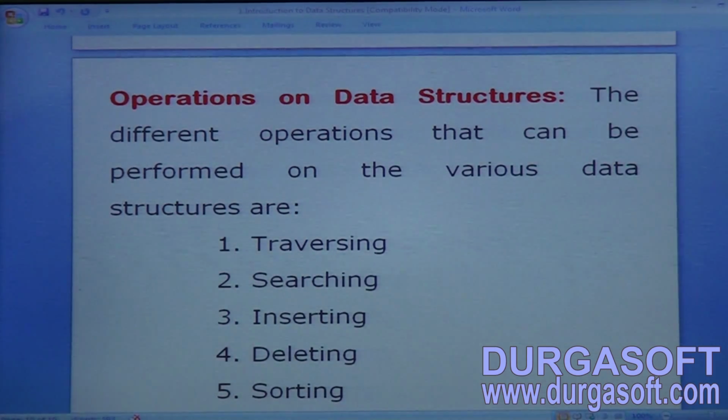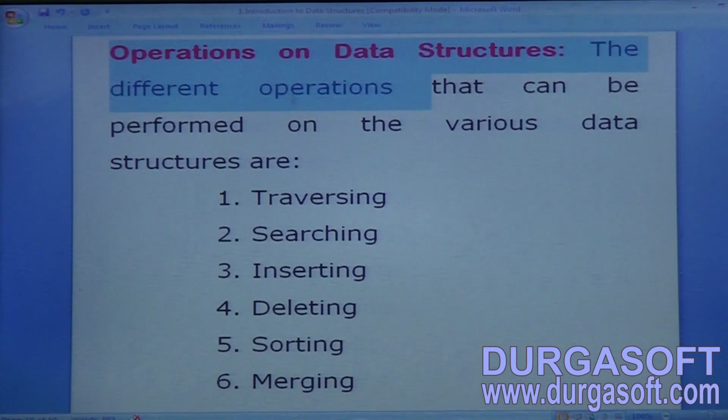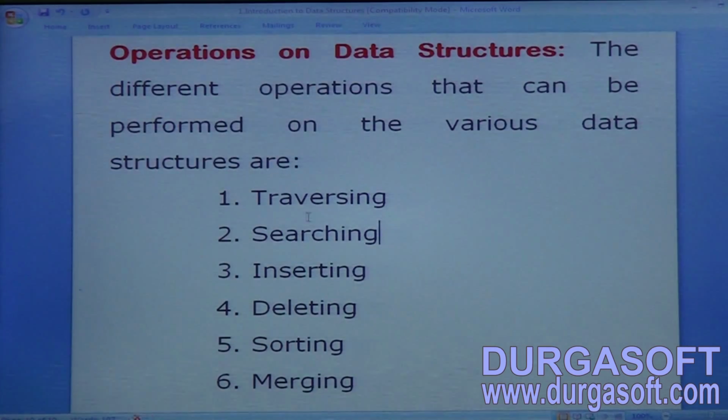The different operations that can be performed on the various data structures are: